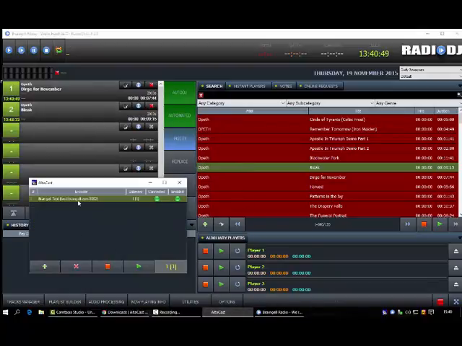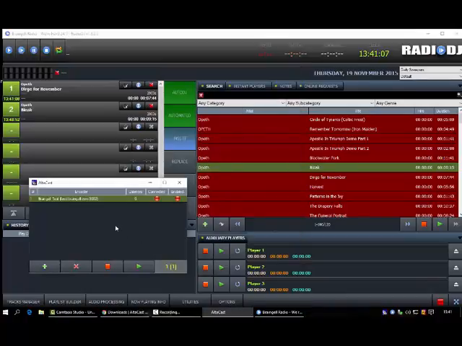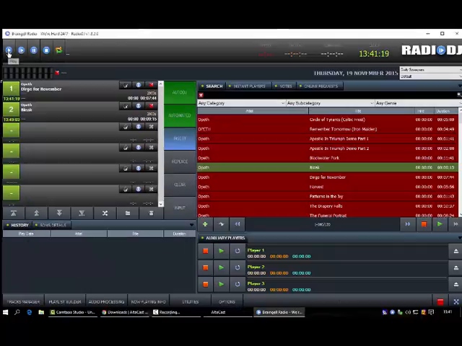And the same thing here is set up for BrainGel test. You just tell it 128K, 44.1 kilohertz, lame, and the information. Save the stream, and then when you want to connect, right click and start, and then you're feeding to the server. And to start, you just go back over to Radio DJ, click start,